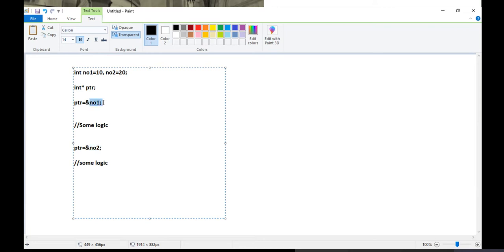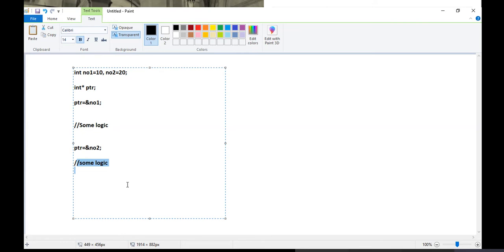Initially, we wrote it for number 1, but now it is changed. Initially, your ptr is pointing to number 1, so whatever logic we wrote here is for number 1. But now the criteria is changed. The logic of number 1 gets over. I got one more variable number 2, so I will simply use the same pointer for number 2. And this is straightforward, right?